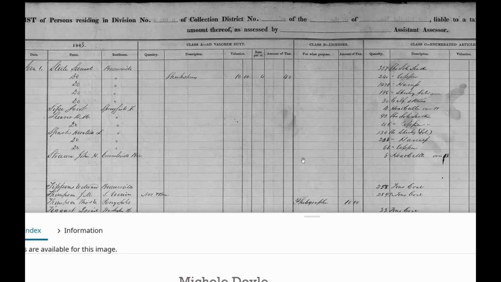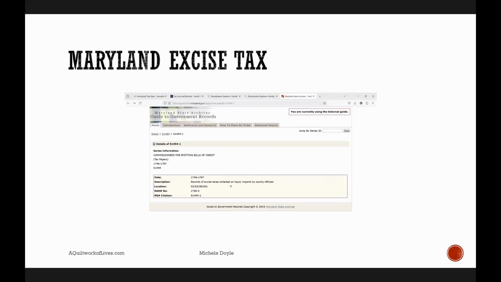One way of making sure you have your person is making sure that they're in the right town. Again, timelines. Where was your guy in 1863? Well, my guy was in Springfield Township, so there he is. So then you can see that there's no descriptions, there's no values for any of this, but